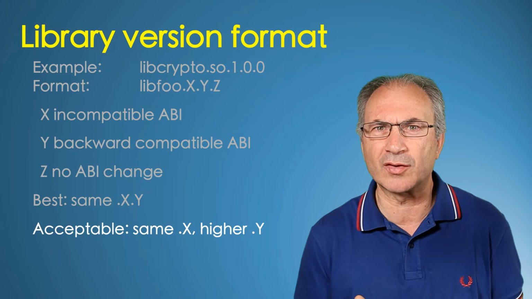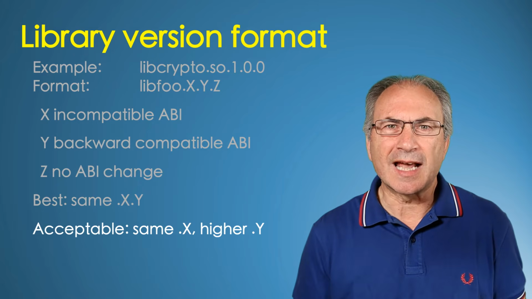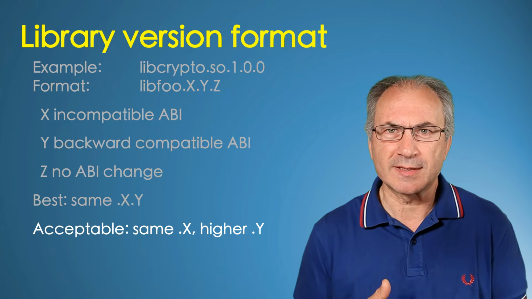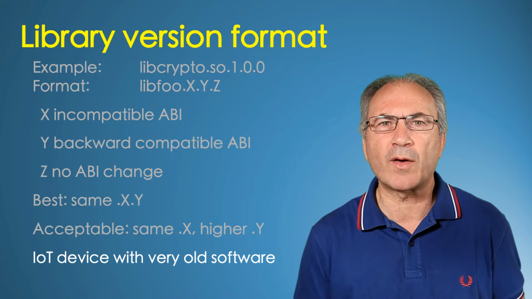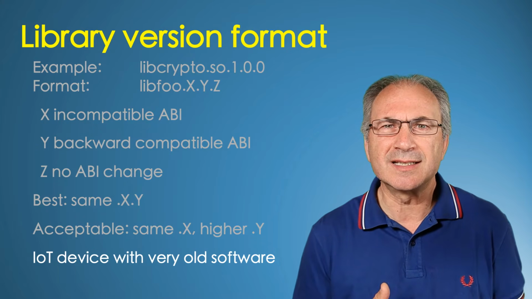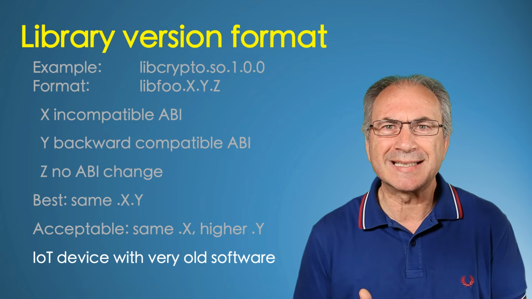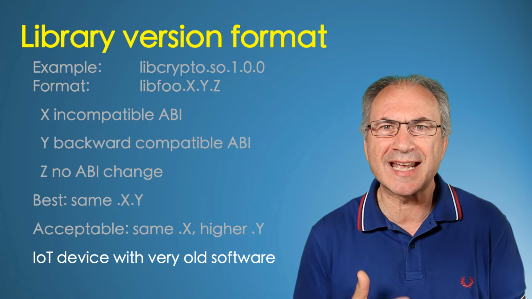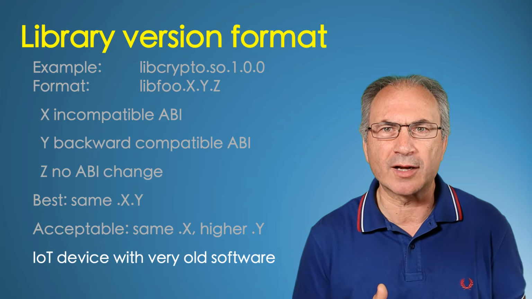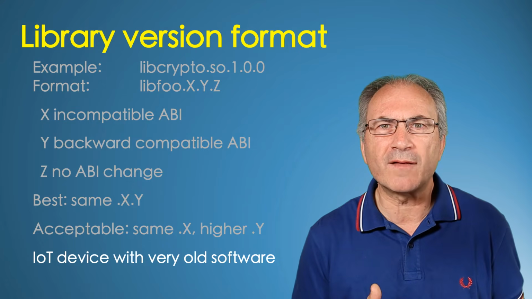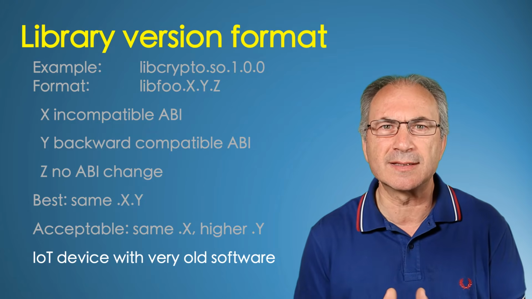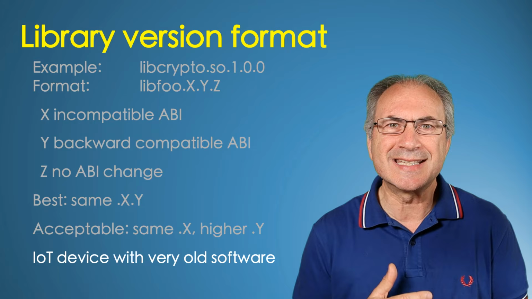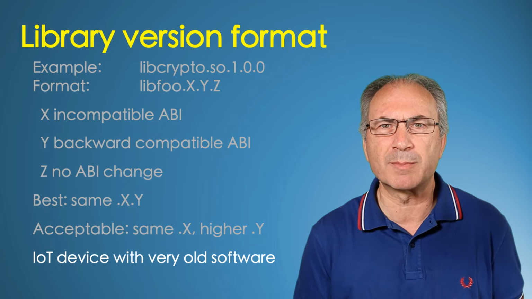A lower y release could work only if the application we are interested in does not use the new features introduced by subsequent releases. We can see that in our sample router, the versions of the kernel and the libraries are very old. This Gemtech router was manufactured in 2017 and distributed for a couple of years, but it has a kernel that was 7 years old when the router was manufactured. The musl libc was 5 years old, the libssl was 7 years old, and most of the other software has more or less the same age. Unfortunately, this is quite a common situation in the embedded space.